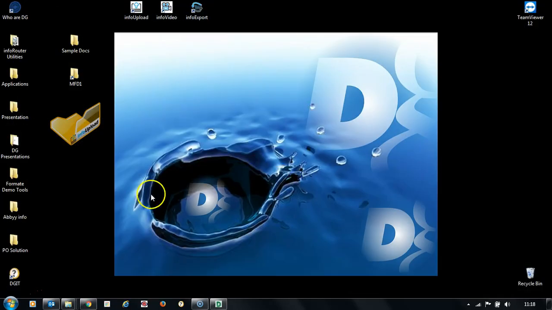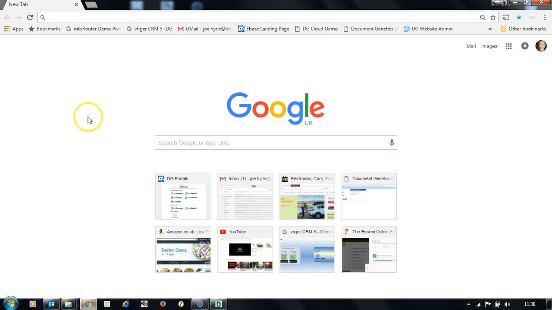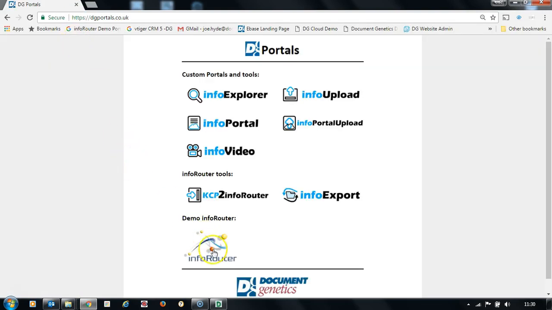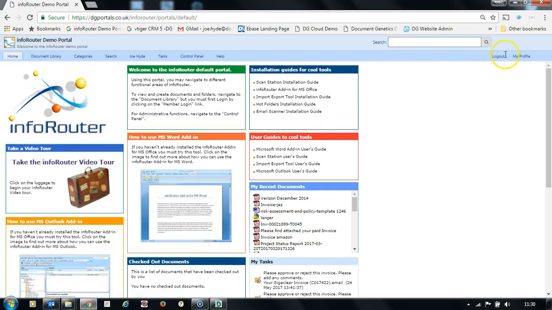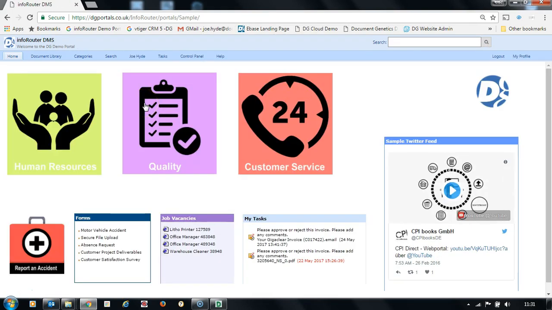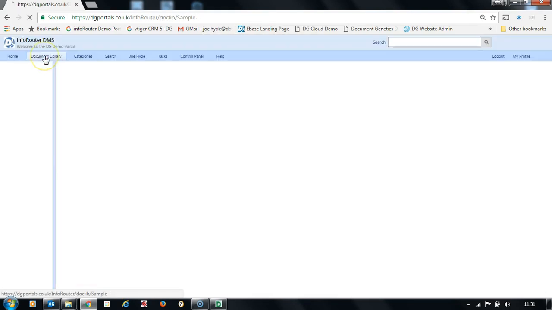So now all of those files have been uploaded, and you can now see that the infoUpload folder is empty. So now we've put some documents into infoRouter, we'll just check to see where they've ended up. So if we quickly log on to our demo server, and we log in, and we can now go to our document libraries,